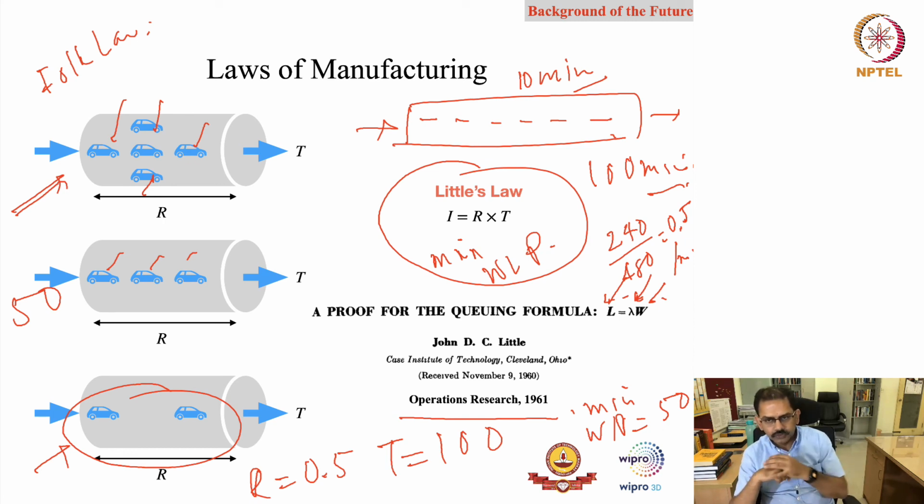But the wisdom I think should be very clear that it says what is the minimum WIP needed to have a particular throughput for a given cycle time, right? And by some means, maybe by technology or anything, if I reduce the cycle time, in that case, the amount of inventory or WIP will also come down, right? So this is something which is important, and this forms one of the major laws of manufacturing.